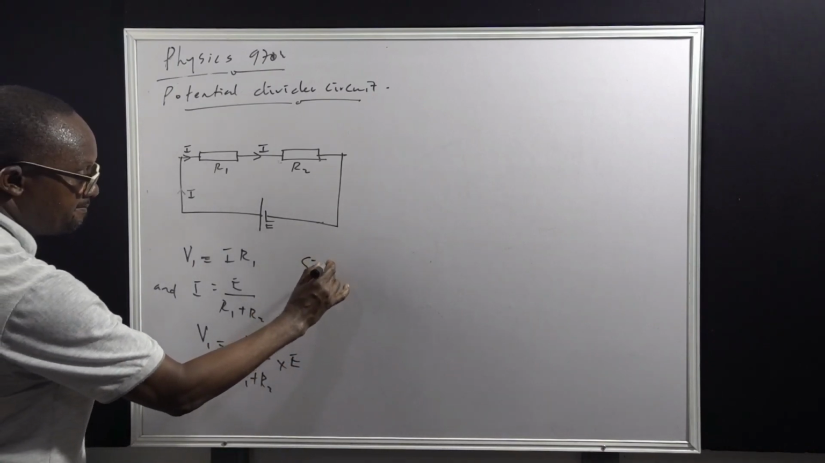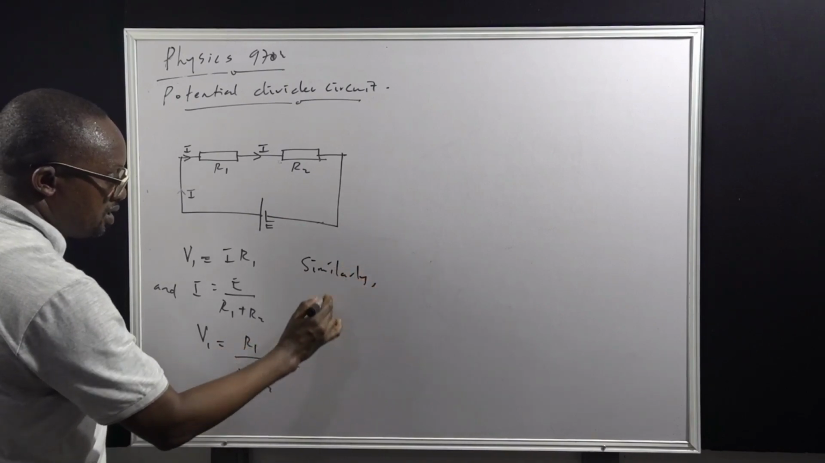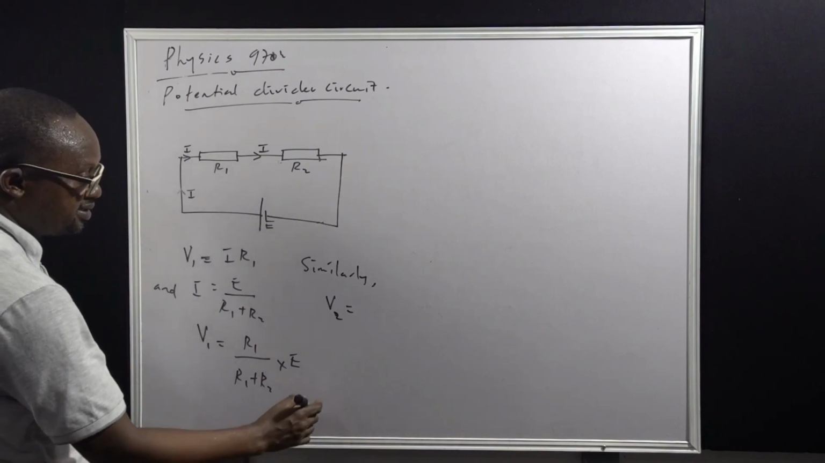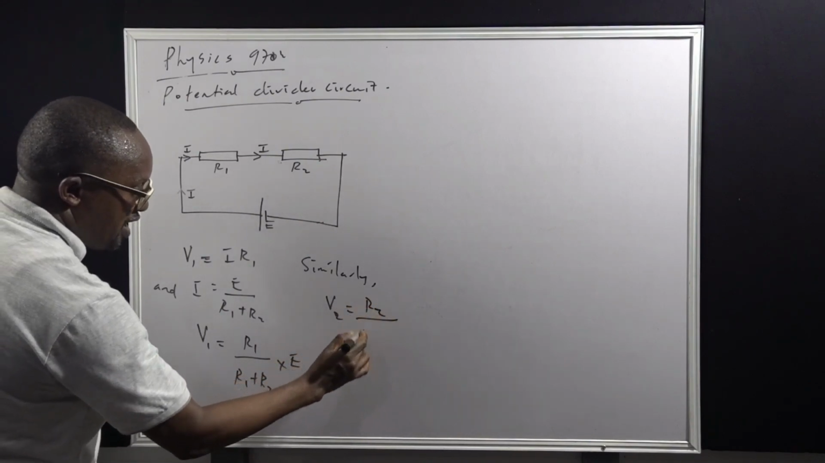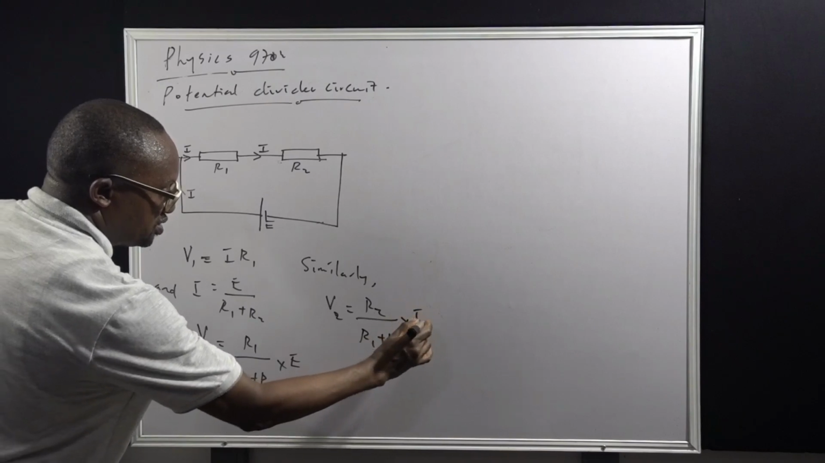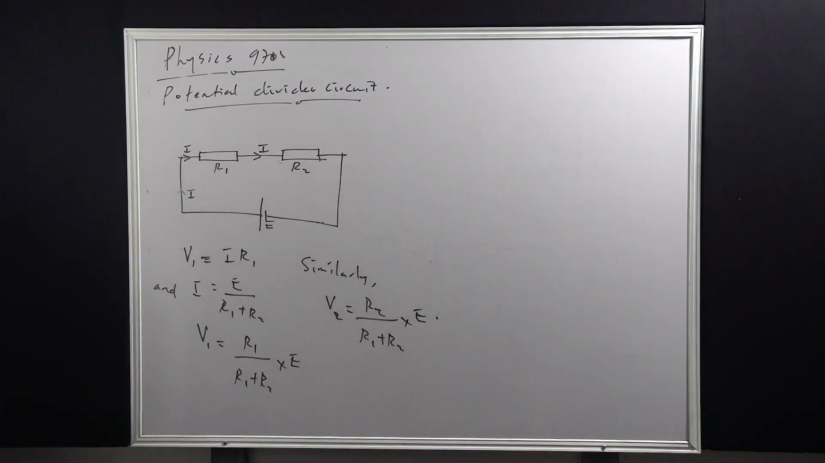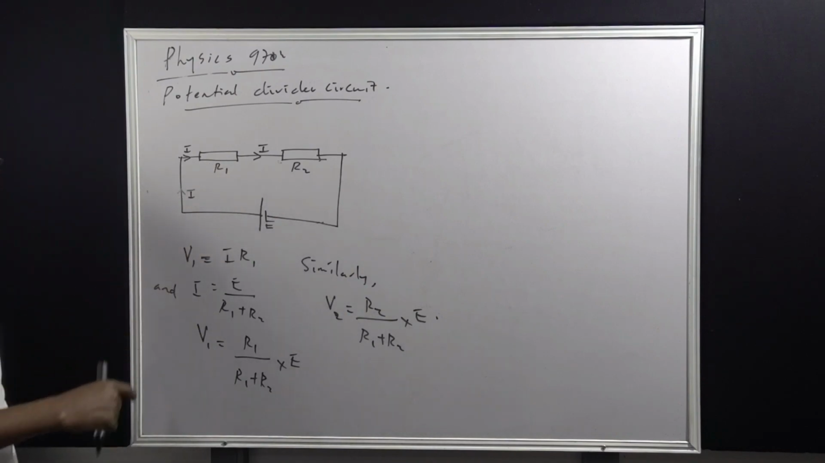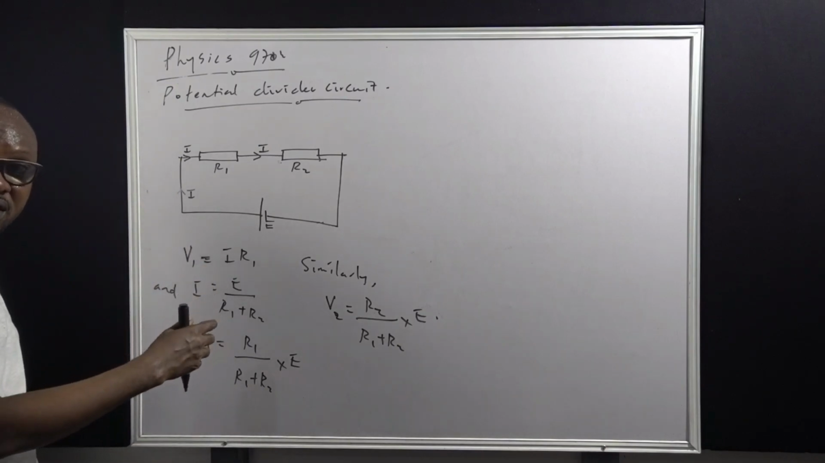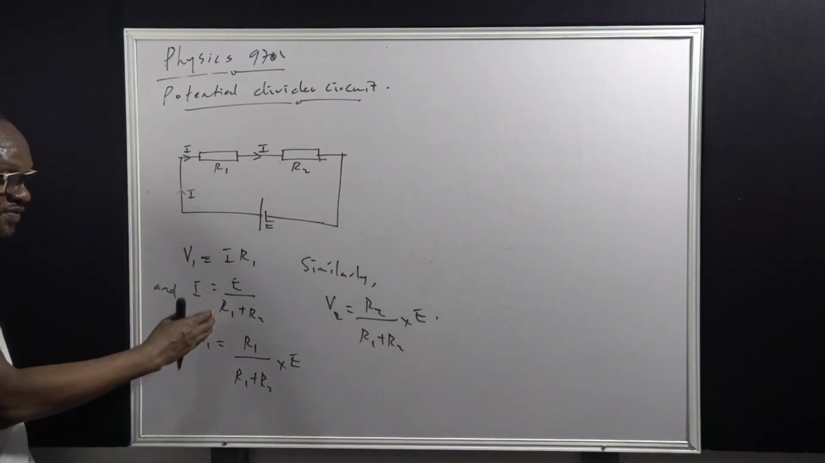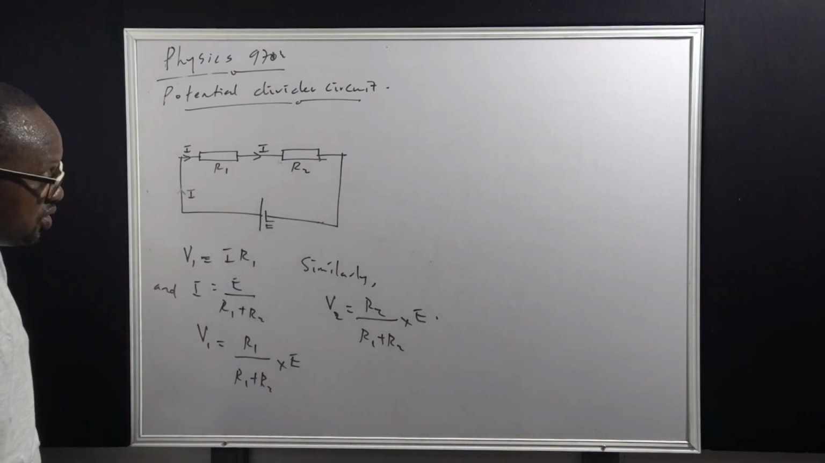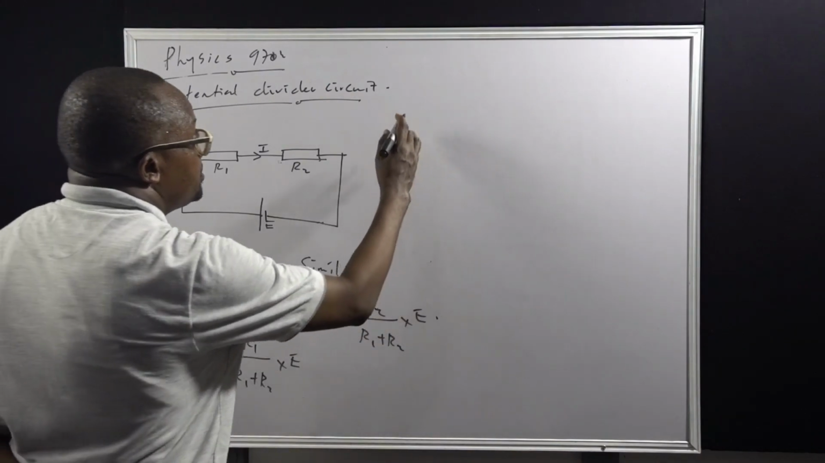Similarly, the PD across R2 will be given as R2 over R1 plus R2 times E. So if you have resistors connected in series to a power supply, you should be able to recognize that it's a potential divider circuit, and you can easily use the potential division equation to find the PDs across the separate resistors. For example,